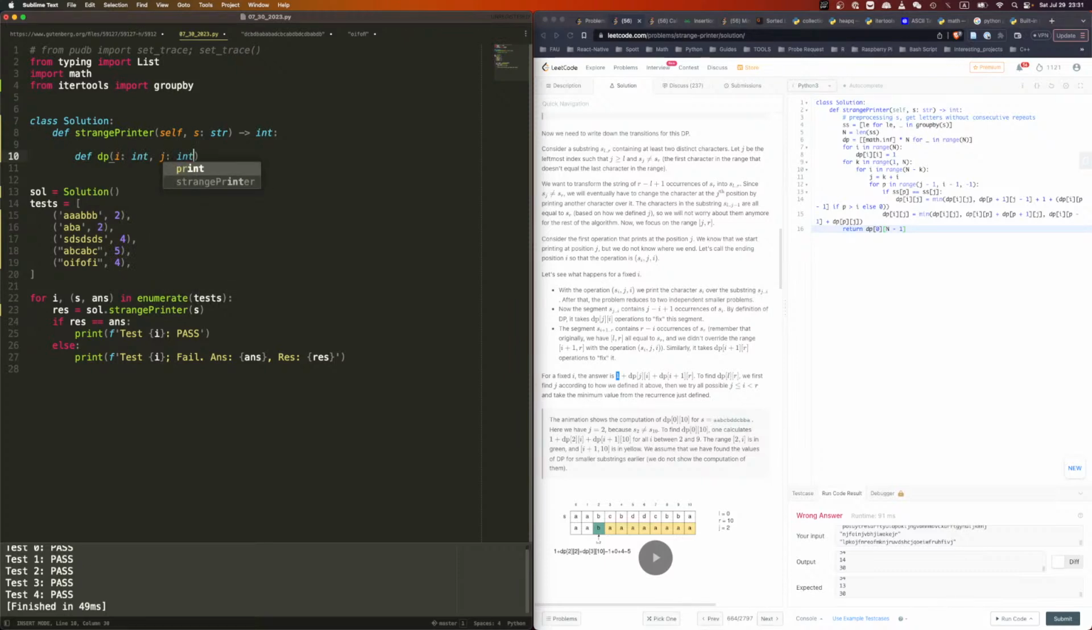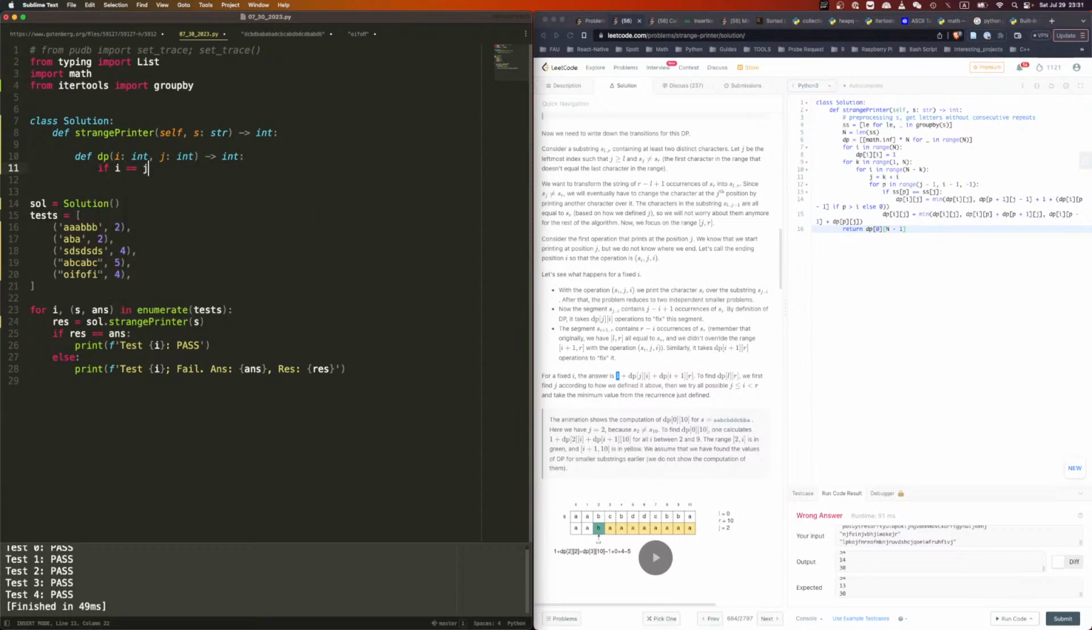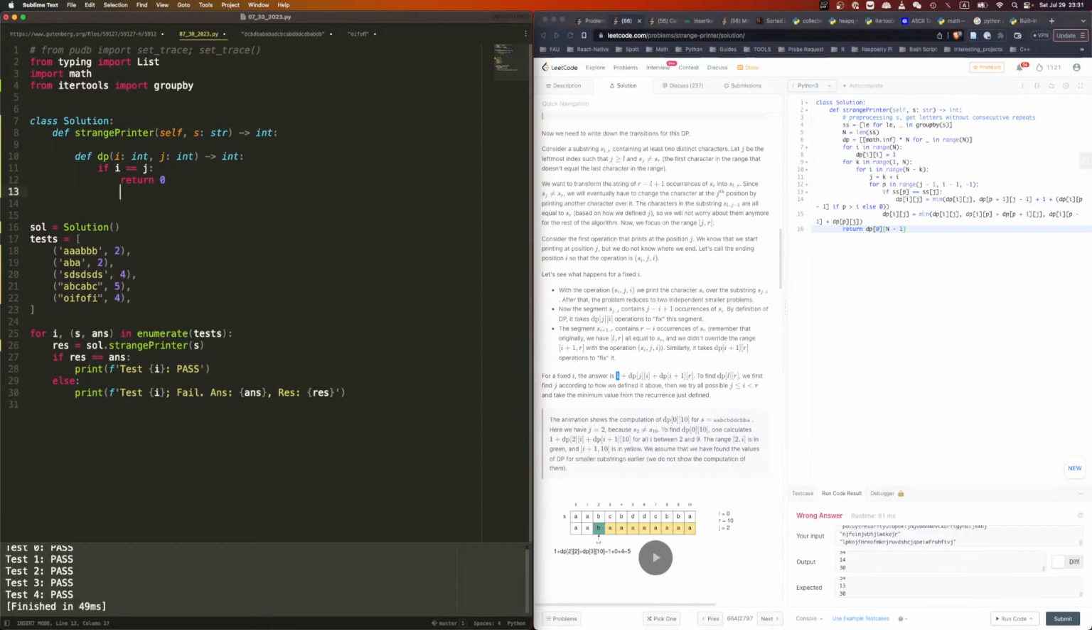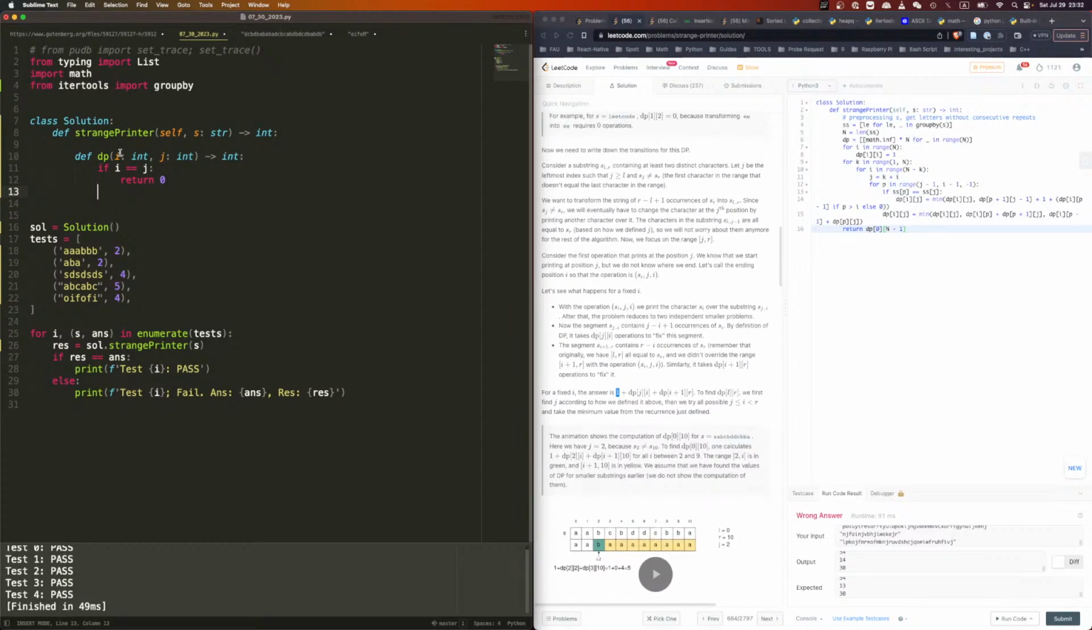DP is going to be IJ. That's just an IJ. So if I is equal to J, we return 0. Otherwise, we have left and right, so let's use left and right. Then we say if left equal to right, then we need to find the first